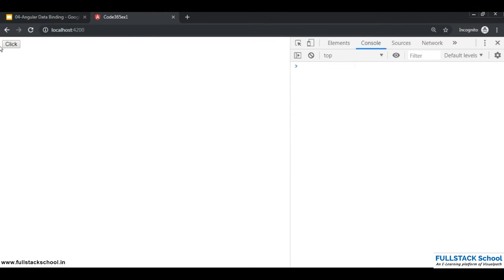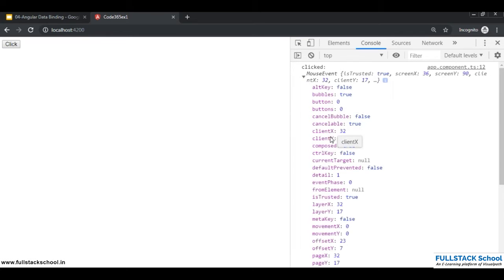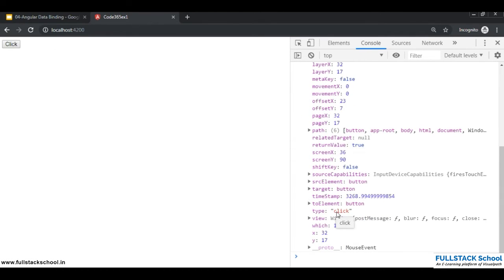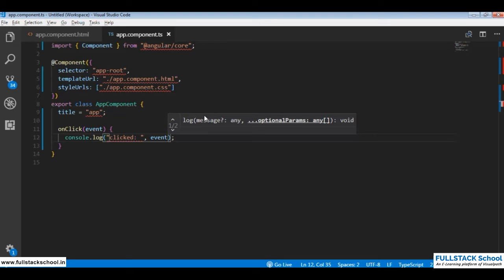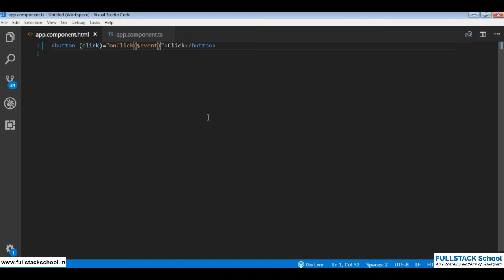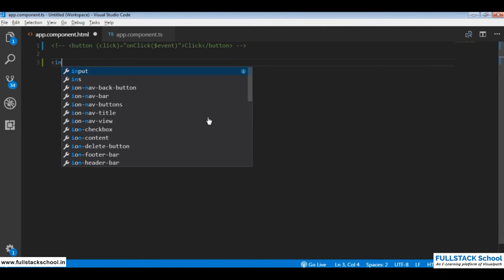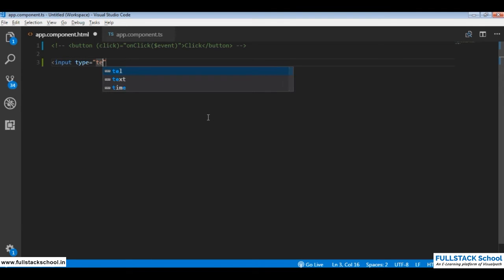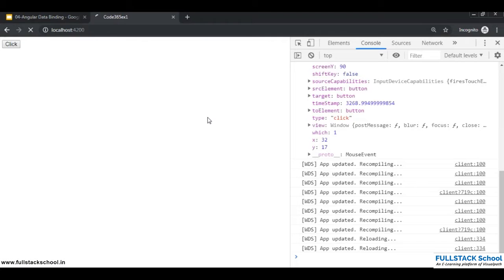When I click on the button, I get clicked, and along with some information. You see there's a lot of information on this, and you see the type, it says click. So this is on a button. Similarly, we can have it on a text box also. I'll comment this out and I'll have an input type equal to text, and I'll have a text box,